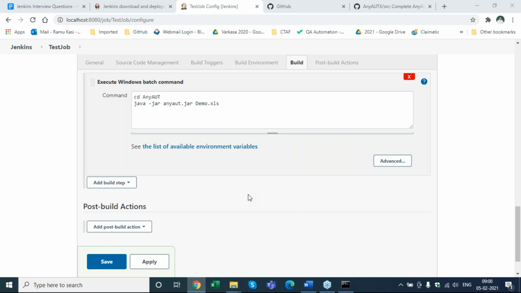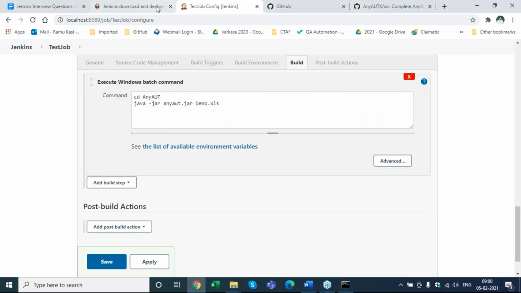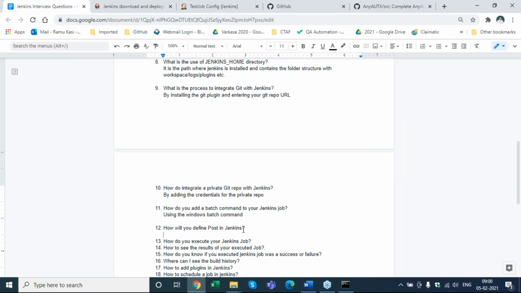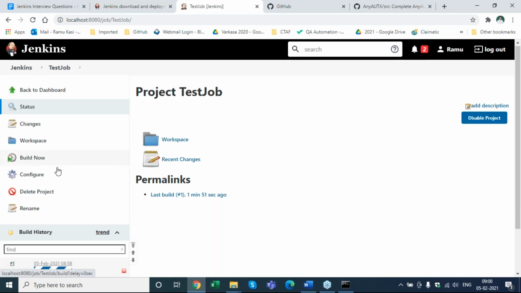Yeah. So we have saved it. Karthik, I was about to ask this question to Team Karthik. Karthik mentioned we should execute the job. So how can I do that in the console? I have created my job, given all the properties, the command. So how do I execute this job now? You go to Build Now and then you execute that. Yeah, I already clicked on it. So it seems to be running, right?